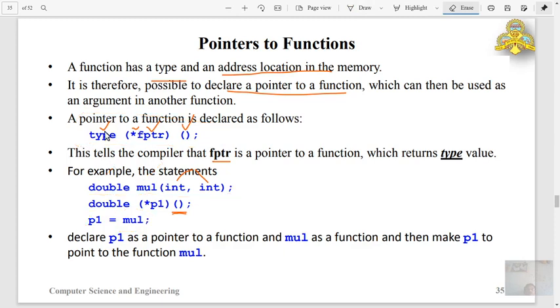So just go through this. It's a very advanced part, even though in our syllabus it is given with a simple example. It's the most important one. This is the function declaration, that's the prototype, this is the declaration of the function pointer, and here we assign the address of the function to the function pointer. You will understand better from the example program, so we'll go for that now.